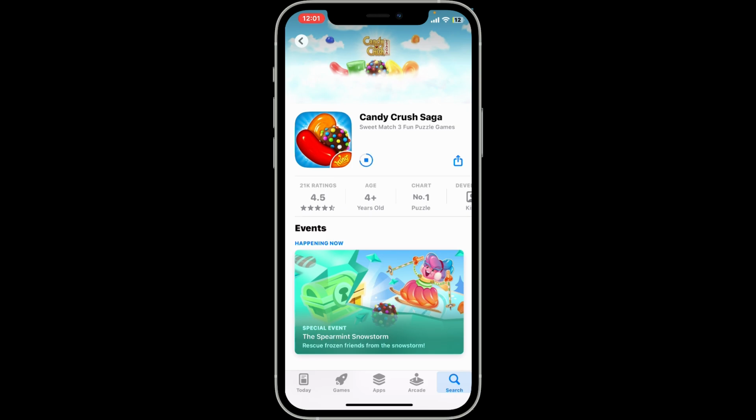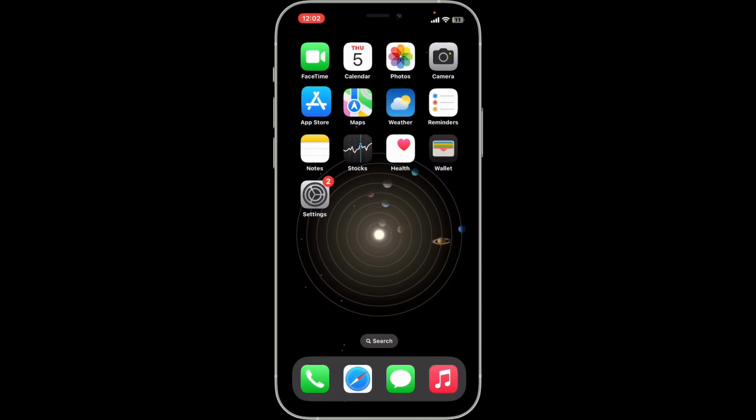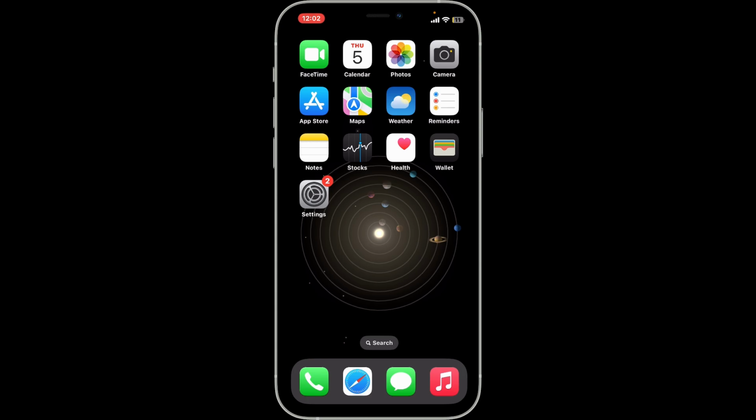Once you make sure that the app is updated to the latest version, you might be able to fix your issue. Sometimes your application may crash because of compatibility issues, so make sure that you keep your system and app up to date. Even after updating your Candy Crush Saga, if you're still facing the issue, then the next thing